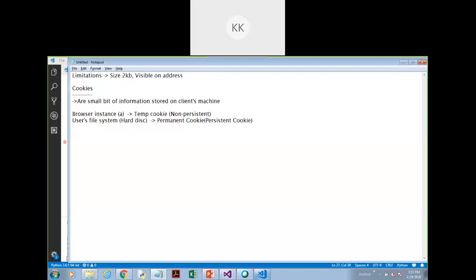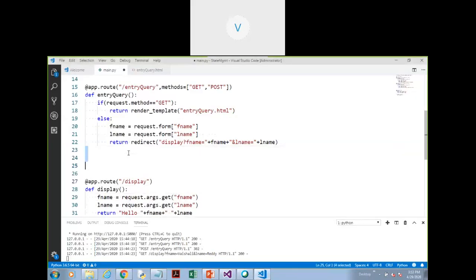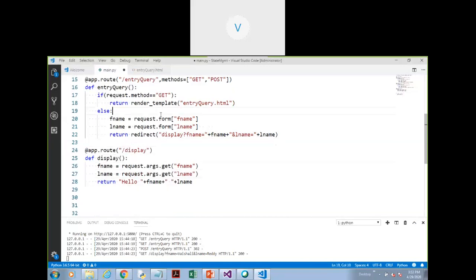ठीक है. हाँ, now let's go for the demo. So I'll be taking the same example. We'll have the same thing, username or first name and last name we will accept.